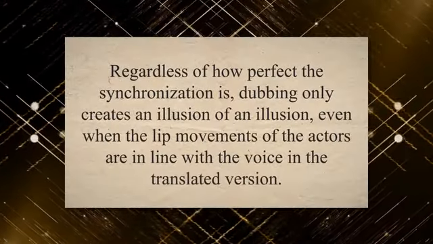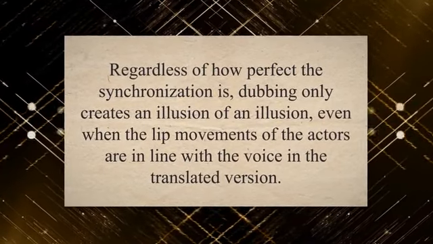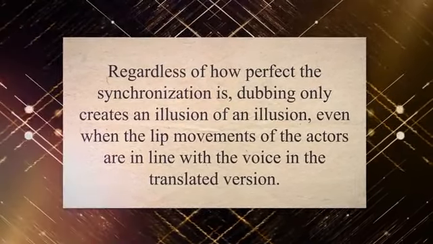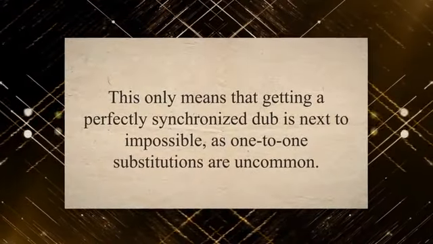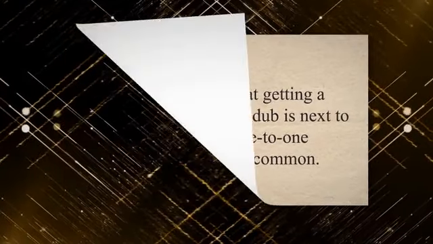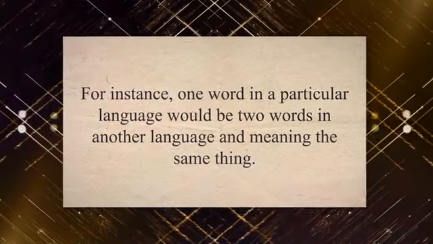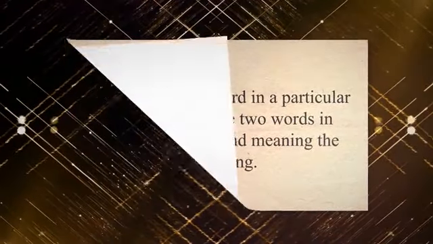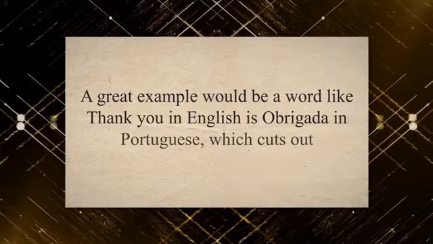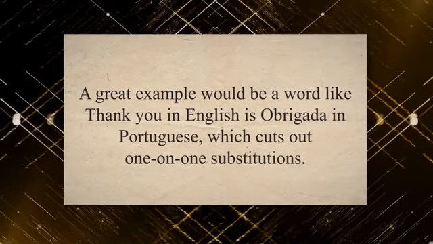Regardless of how perfect the synchronization is, dubbing only creates an illusion of an illusion, even when the lip movements of the actors are in line with the voice in the translated version. This only means that getting a perfectly synchronized dub is next to impossible, as one-to-one substitutions are uncommon. For instance, one word in a particular language would be two words in another language and meaning the same thing. A great example would be a word like thank you in English is obrigada in Portuguese, which cuts out one-on-one